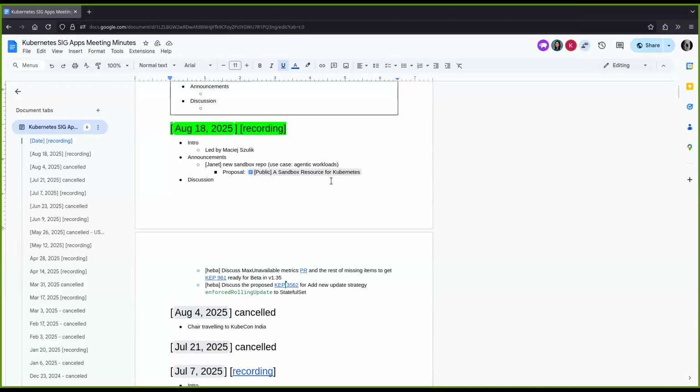So we've added a new Kubernetes SIG repo called Sandbox, an Agent Sandbox.